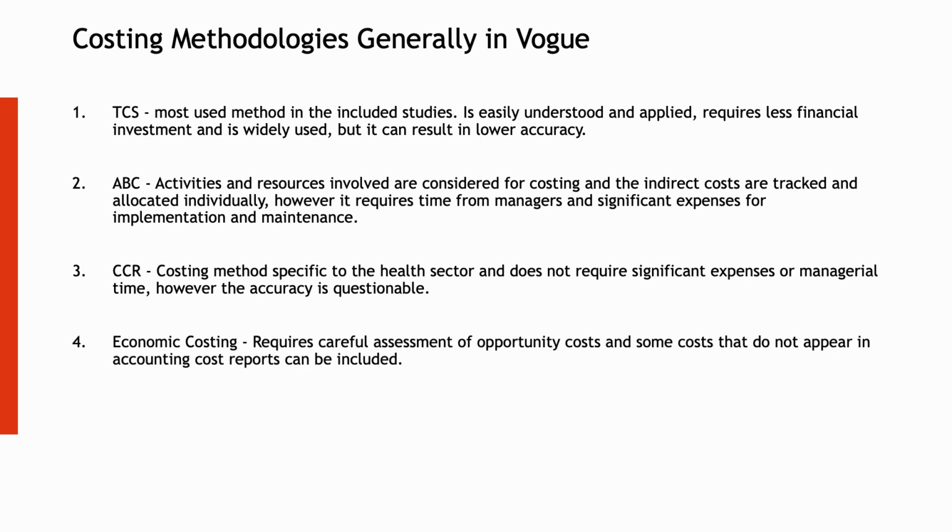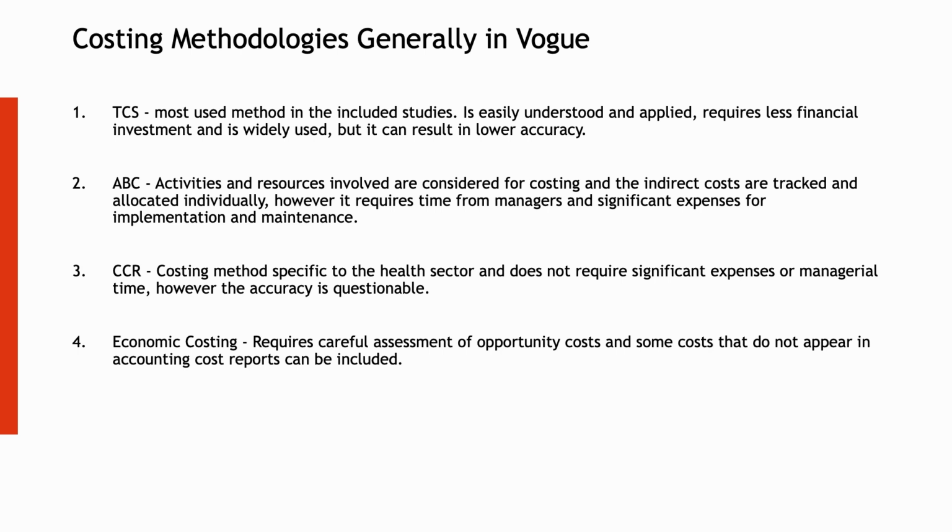The fourth is economic costing. It basically requires a careful assessment of the opportunity costs. And some of the costs that do not appear in accounting cost reports can be included because we include the idea of opportunity costs, which is sometimes not included in a lot of accounting statements. It's not a direct method as compared to some of the others that I've just listed to develop overall costing, and financial analysts sometimes insist on including opportunity costs because they want to differentiate between what is accounting profit and